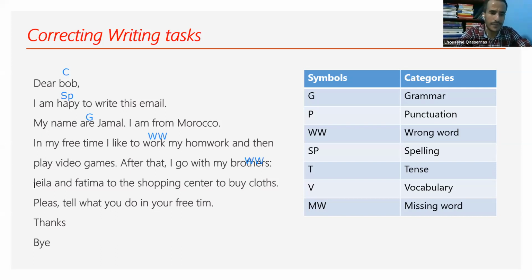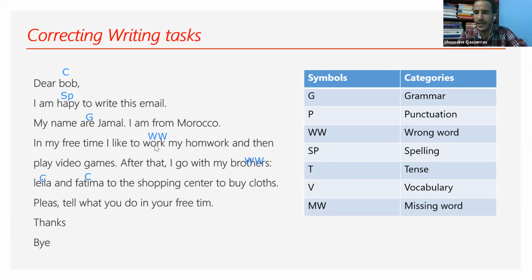So Leila, capital. It's a name. So C. Good. And Fatima, capital. It's C. Wonderful. Or we can say siblings. Very good, but I'm not going to say siblings. The students should know about that. So yes, it's vocabulary. You mean work my homework? Or it's a wrong word. We don't say work. It's like handsome. We don't say handsome for girls, we say beautiful. Yeah, it depends.